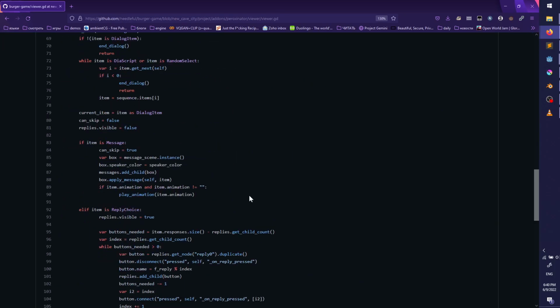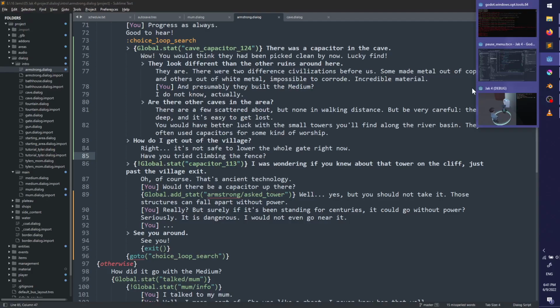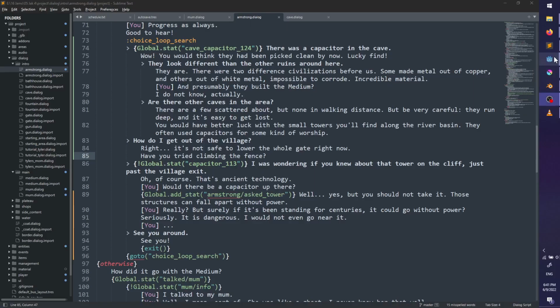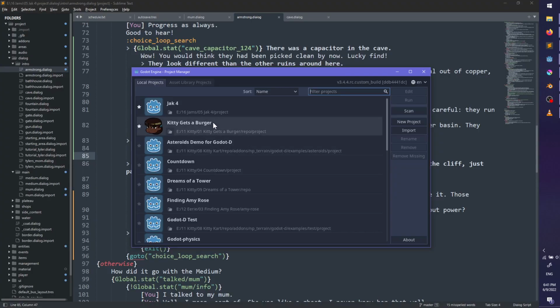Okay. So what do I do with the buttons? It's this reply 0. Alright, hang on. Let's just save and quit. Let's see if I can get this.